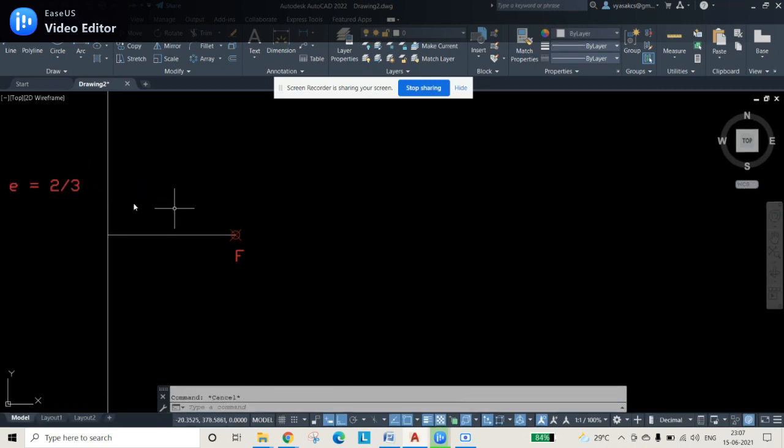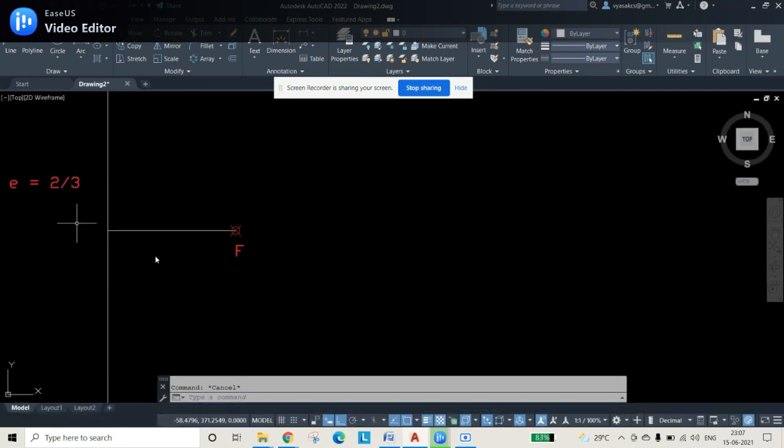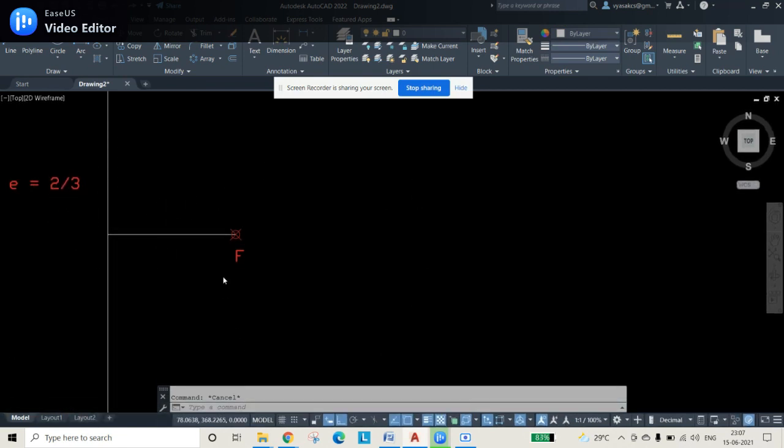That means that supposingly there is some point on the curve. Here we are talking about ellipse now. If you are having a curve like this, this is an ellipse, then the curve is obtained by locus of points. These locus of points, whatever you take, any point you may consider on the curve, that one will have the value of 2 by 3 as eccentricity.